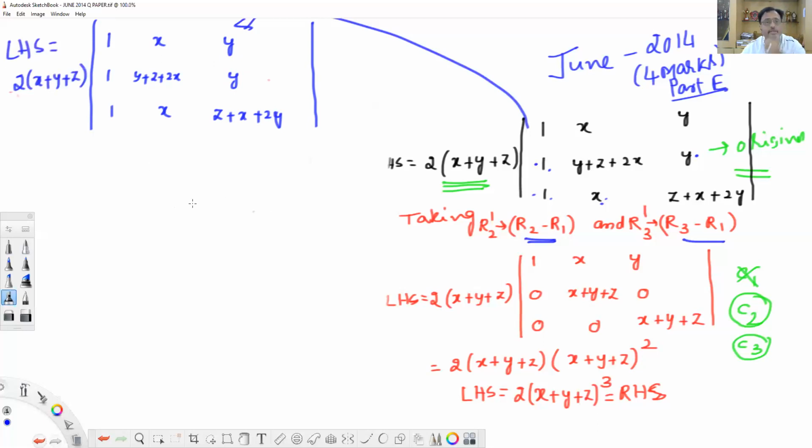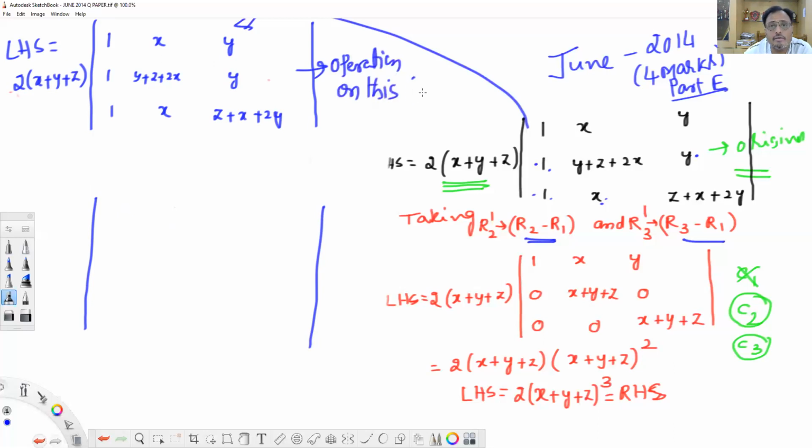Now what is the operation I'm taking? R2 minus R1, and I'll tell you how to enter it. Now this is the new body after the operation. I'm doing the operation on this body, and this is the body after the operation. Now we are working on rows, no? Therefore, space for the first row, space for the second row, space for the third row. First surgery, R2 minus R1.